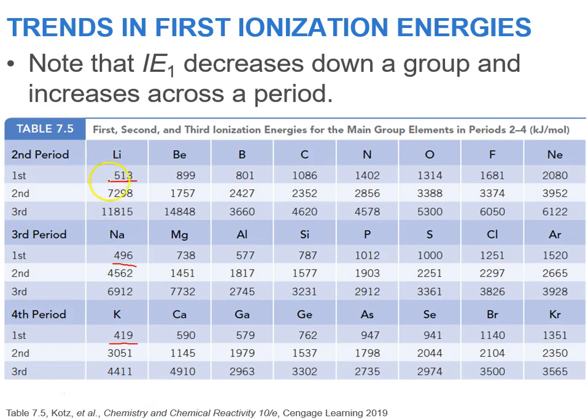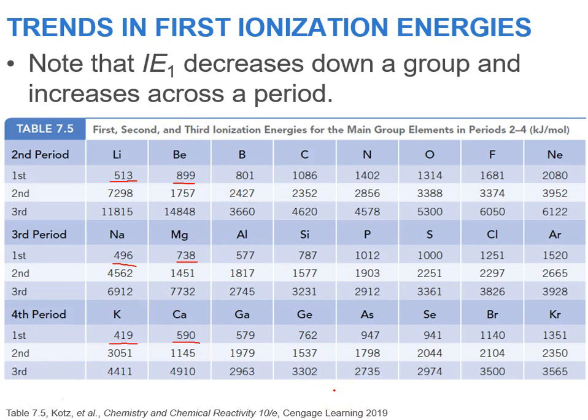So you notice as we go down the group, when we go from the second period where that first electron would be a 2s1, this is a 3s1, that's a 4s1. So these electrons are getting farther and farther away from the nucleus. So it's much easier to pull off the electron from the potassium than it is from the lithium. And we can see that we have periodic trends that are similar. So for beryllium, again, 899 for the first electron, and then 738 for the second, and 590. So you can see if you're going to go down any of these groups, you can see that the first